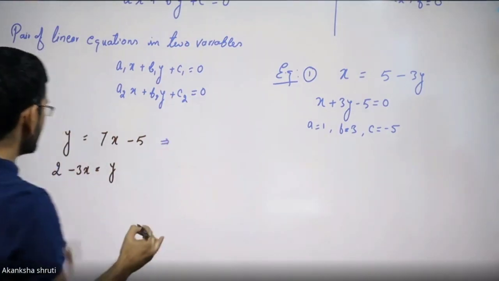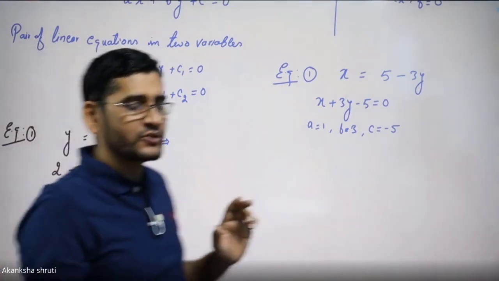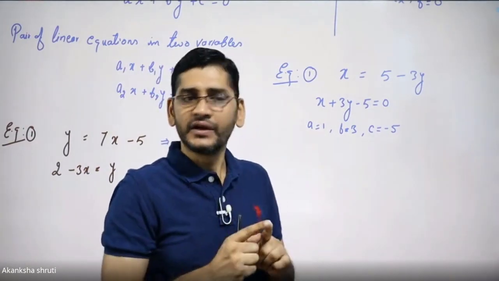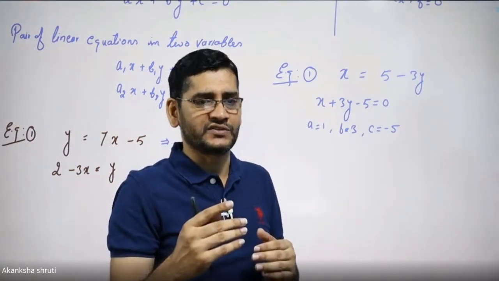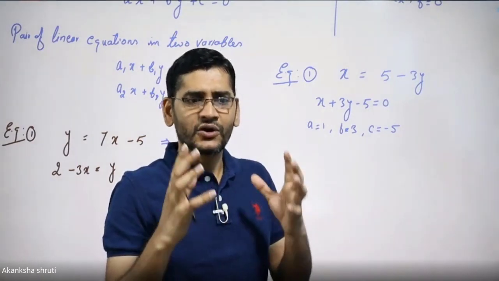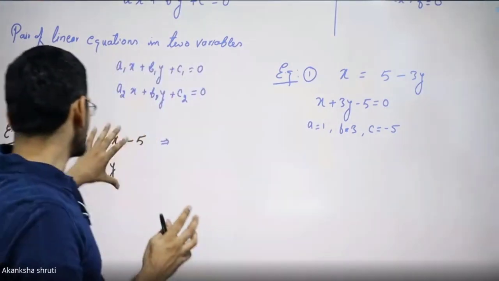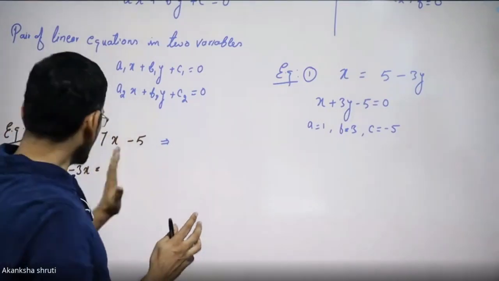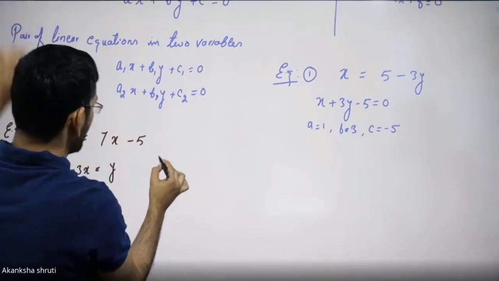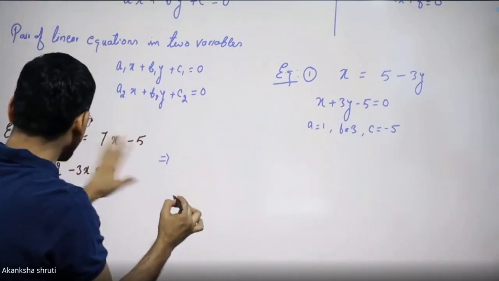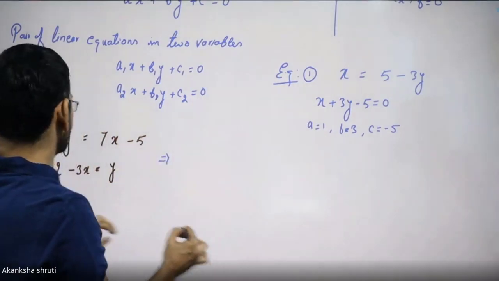Student, for linear equations in two variables, keep in mind we have to deal with the two equations together. That's why it is called a pair. Or sometimes it is also called simultaneous equations. Simultaneous means together, meaning we have to carry these two equations together. So do not take these as independent. Even if you are writing the implies symbol, it simply means for both equations you do the same kind of operation, or you can carry it together.